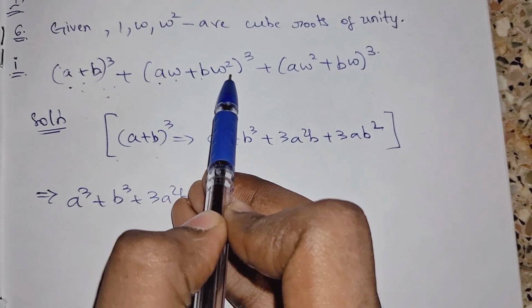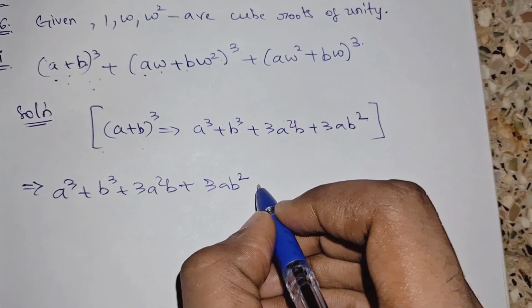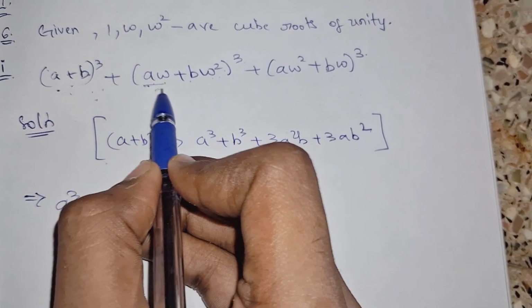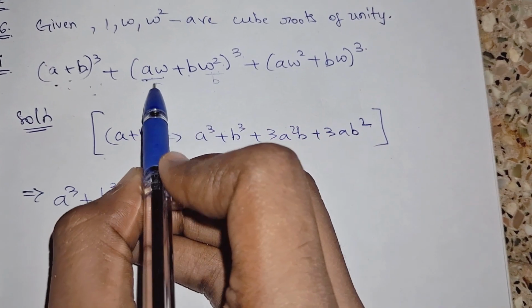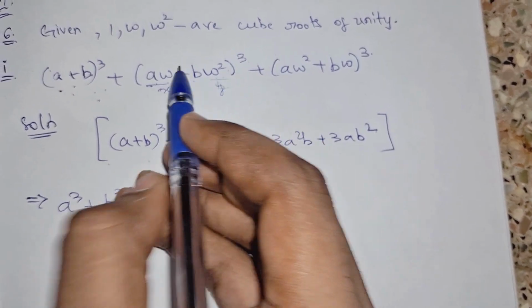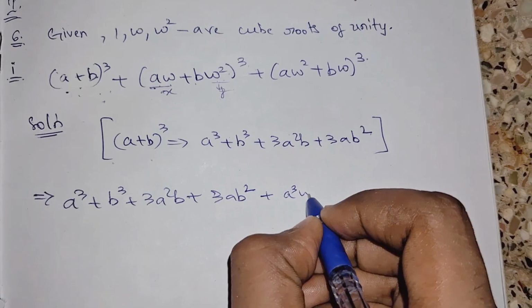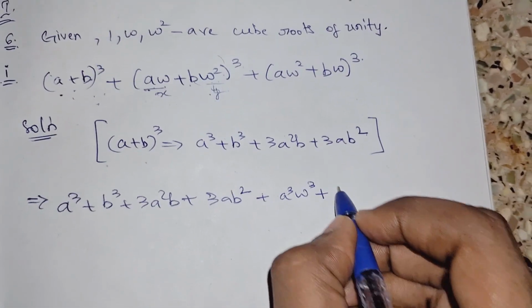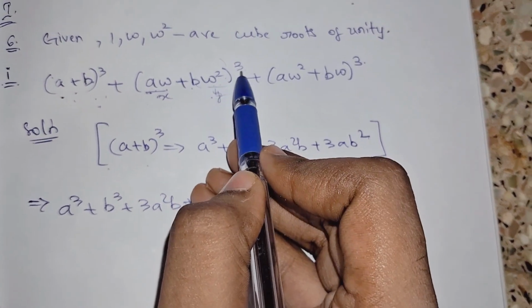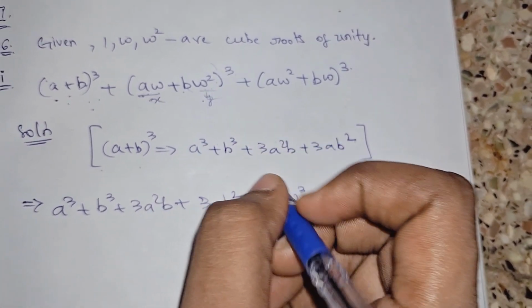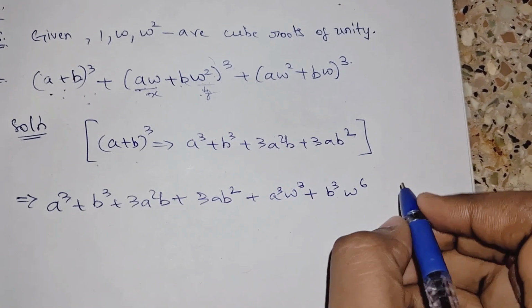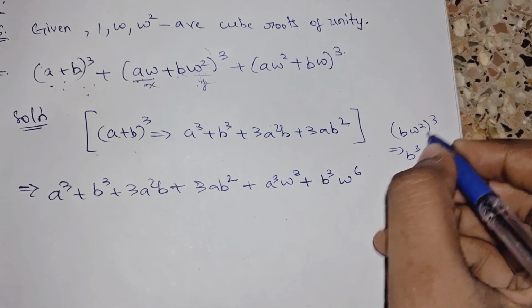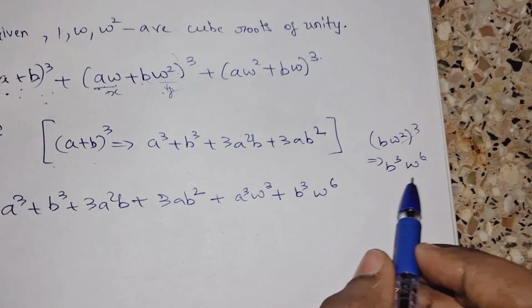(a omega plus b omega square) whole cube can be written as follows. This is the x term and this is the y term according to the formula. So x cube is a cube omega cube, plus y cube, b cube omega square to the power 3, which will become omega to the power 6. This will become b cube omega to the power 6,